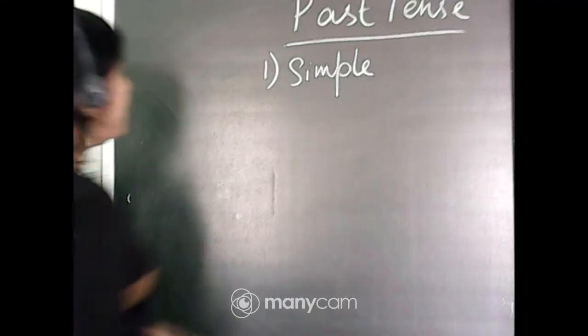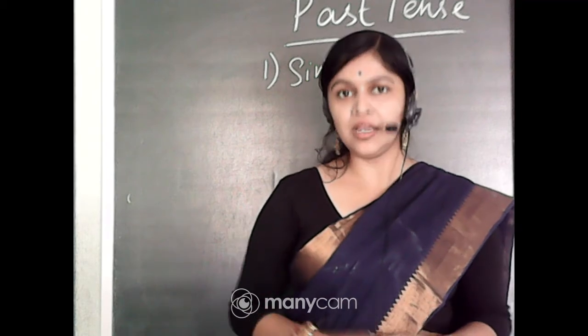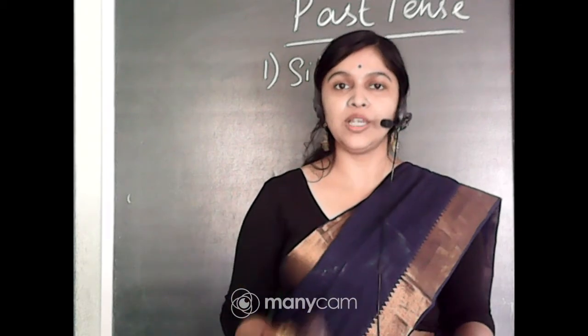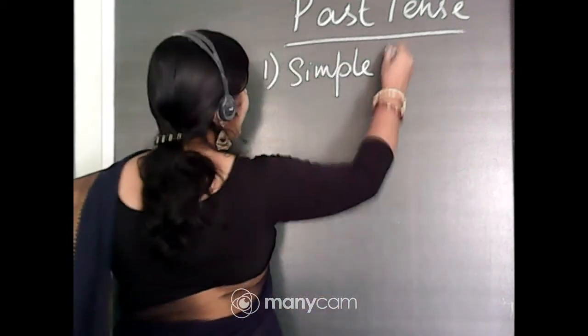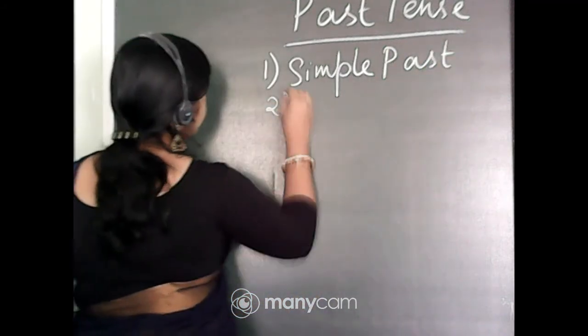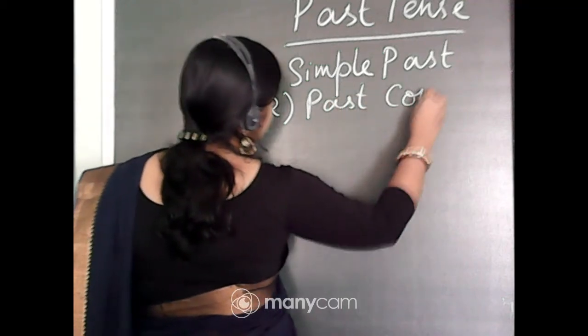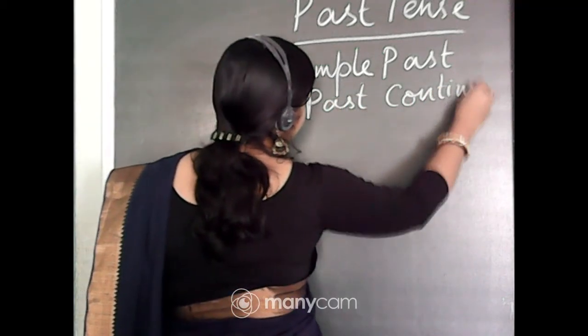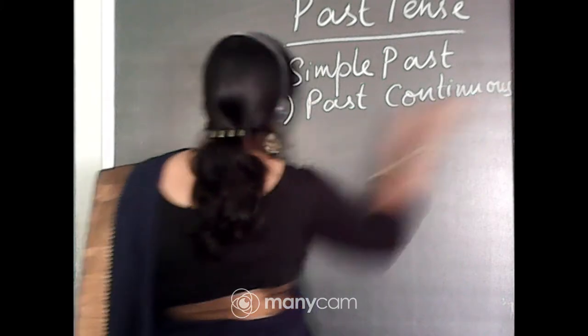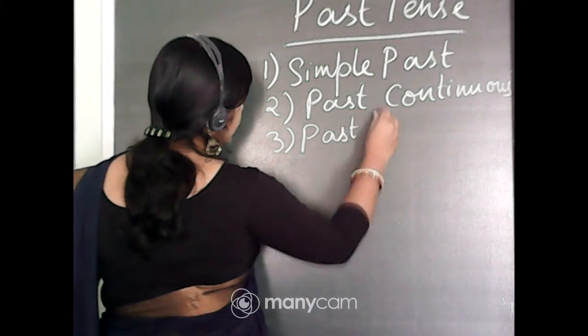Okay, so past tense refers to actions which have been completed in the past. Just like present tense, it also has 4 forms. Simple past, past continuous, past perfect,